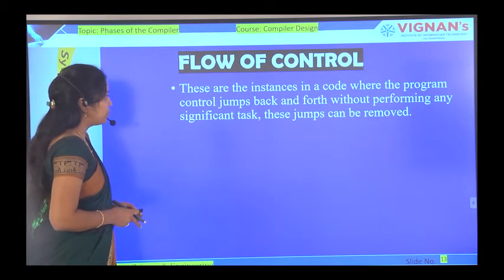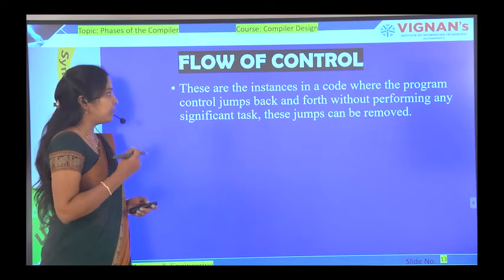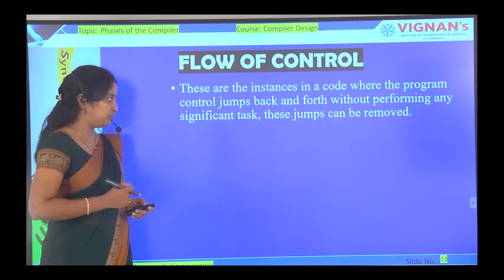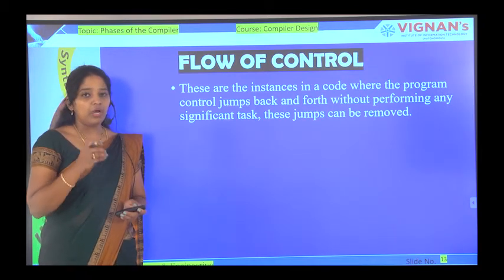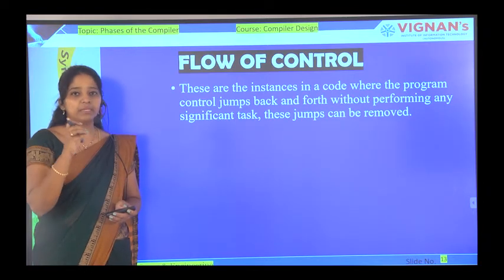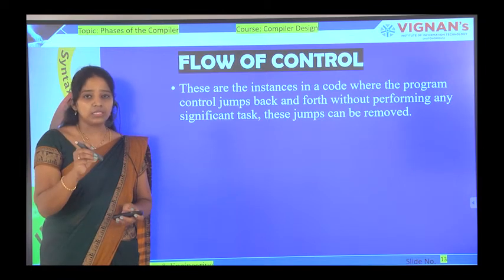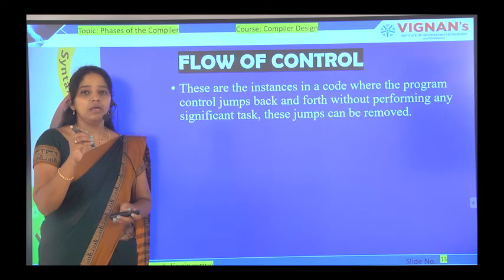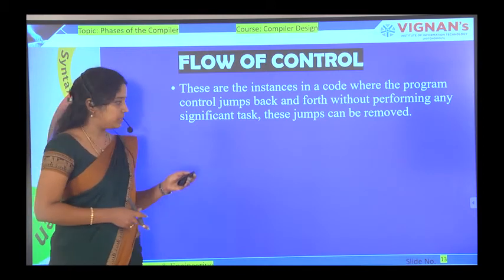Next, the technique is flow of control. These are the instances in a code where the program control jumps back and forth without performing any task. Unnecessarily the controller jumps from one place to another without doing any task. Those jump statements will be deleted by the flow of control technique.